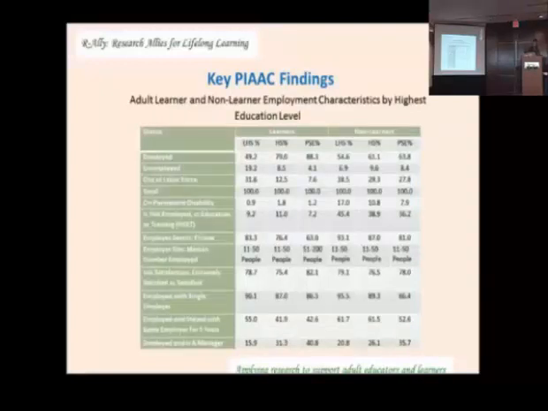Moving on from there, another table that's difficult to see, but a few points that I'll highlight is that most of the folks that we looked at were in fact employed. A few differences: non-learners tended to be more on permanent disability status than learners were. They also tended to be something that they called NEET, which stands for not employed, not in education or training. That also was a much higher proportion for non-learners than it was for learners.